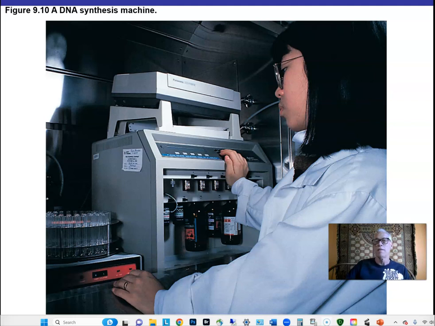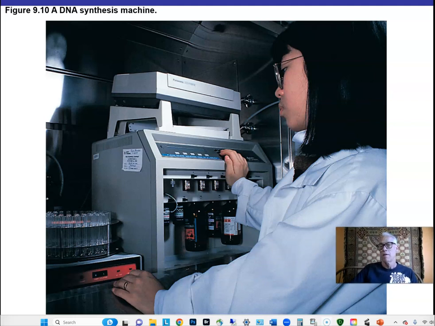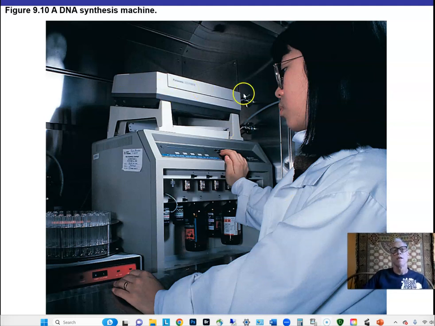I thought it was funny to see this picture because here's sitting on top of this DNA synthesizer. This is a rather old picture. It's a dot matrix printer. I don't know if any of you guys are much too young to know what a dot matrix printer is,